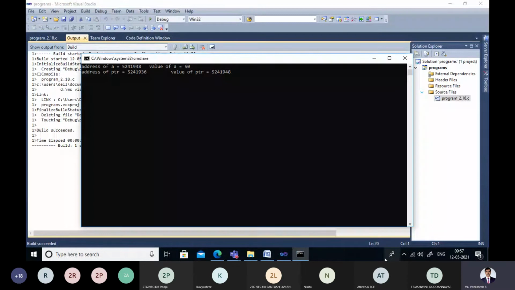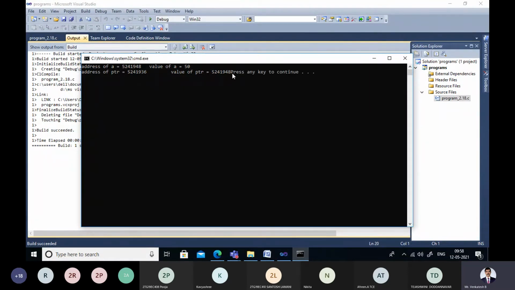So if you can see here, the address of a is 52,41,948 and the value of a is 50, and the address of ptr is this one and the value of ptr is this one.